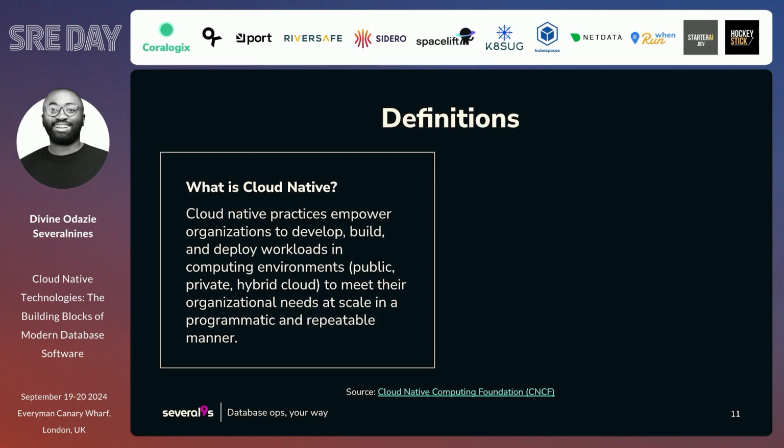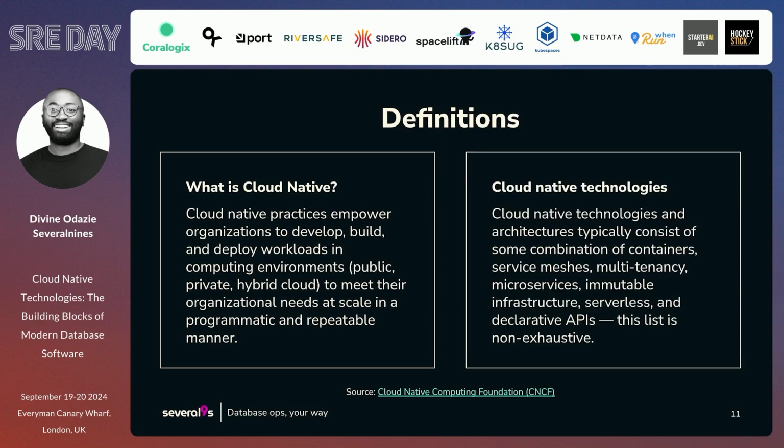It prioritizes scale, flexibility, and agility, right? And it is characterized by its loosely coupled architecture, in the sense of containers, pods, deployments, and their different layers. And then again, cloud native technologies. When you hear about cloud native technology, the first thing that comes to mind for someone that's not really into this space is mostly synonymous with Kubernetes, right?